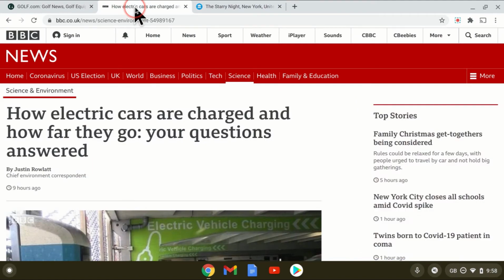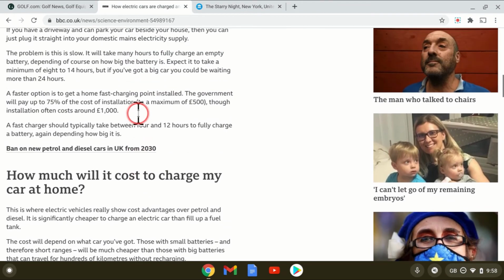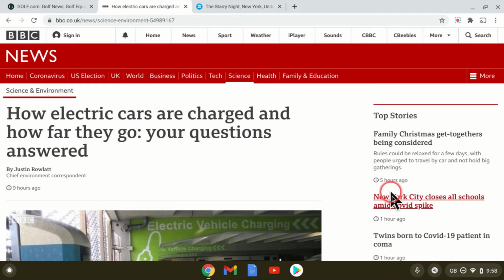Let me go back to that story about how electric cars are charged, etc. So of these two tools, I'm going to choose the Select to Speak. Now, I have to click on it first before it will work. Normally, when I highlight some text, I'll put the text caret next to the word, and then I can hold down my trackpad, press down with one finger, and then highlight, just like so. But when I choose this particular button, the Select to Speak button, and I try and highlight